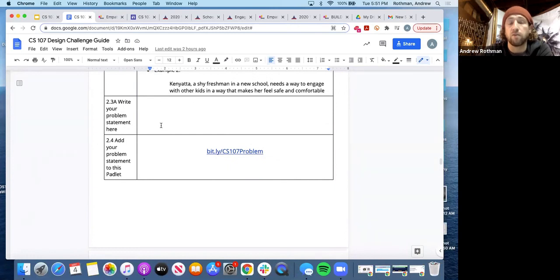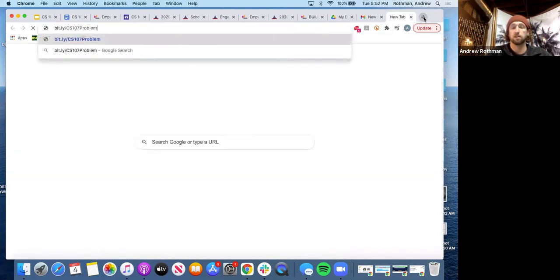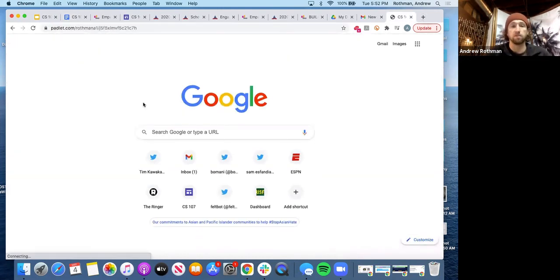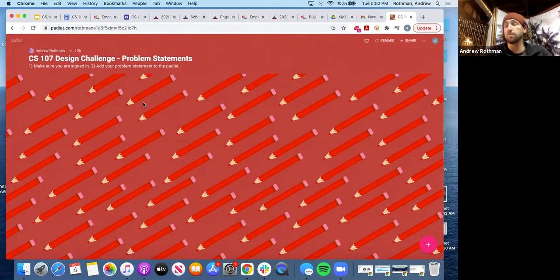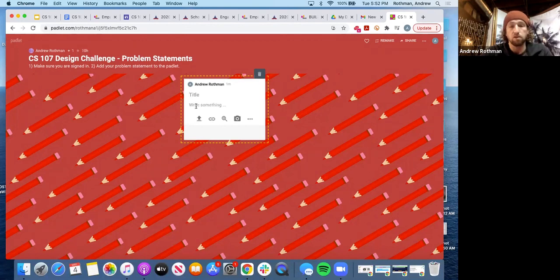What you're going to do right now is write a problem statement. You'll write it here, and you're going to add it to a different Padlet that I set up. I'll set it up right here. I'm going to add my problem statement. Just because I'm modeling this, I'm using Nico as an example. Obviously if you did Nico, you'll put Nico as well, but if you did another client, that's also totally fine. So I'll just add my problem statement. Actually, I'll just call this Nico problem statement.